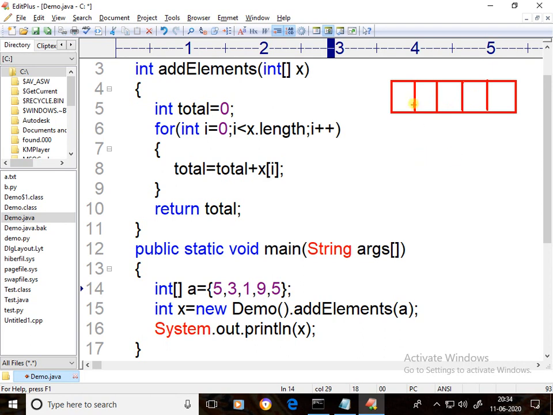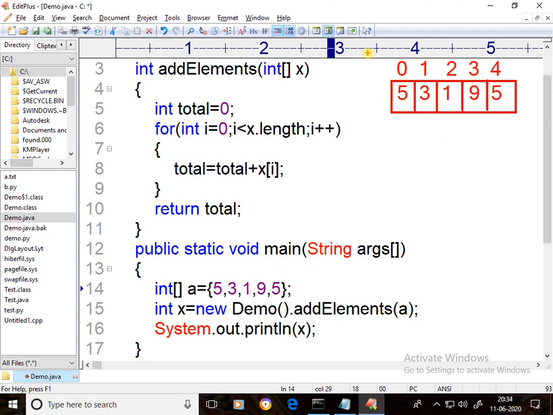Now see, first element 5, second element 3, third element 1, fourth element 9, fifth element 5. Array index starts with 0, so here 0, 1, 2, 3, 4. Like this one array is created.